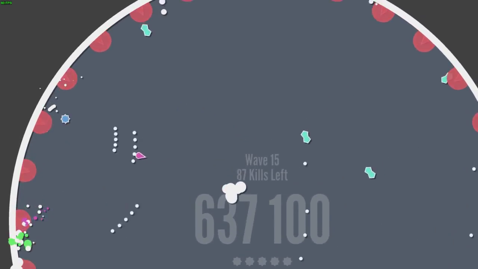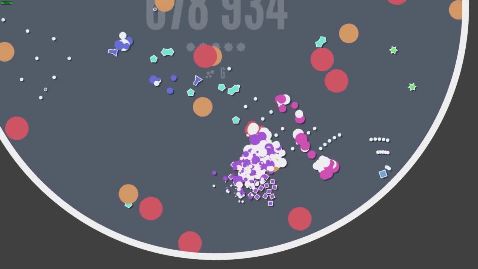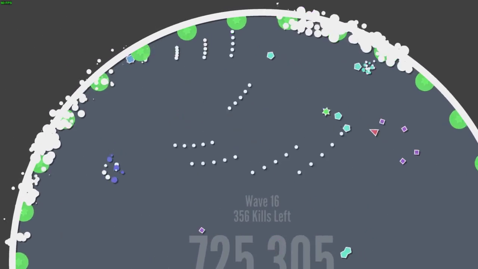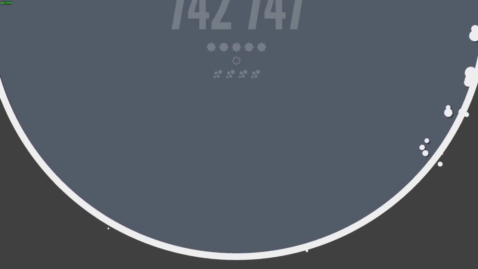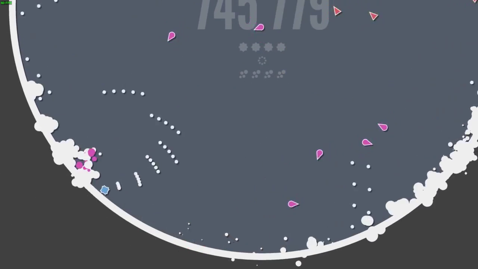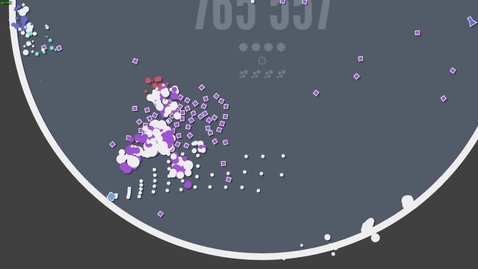The final game mode is 1 life, and once again very self-explanatory. You're given only 1 life and you will try to survive as long as possible. It's one of the harder game modes in this game. But all of these game modes are more or less just the same thing. There are slight modifiers, like in 1 life you only get that 1 life, in time you only have a limited amount of time. Endless is pretty much the standard experience,